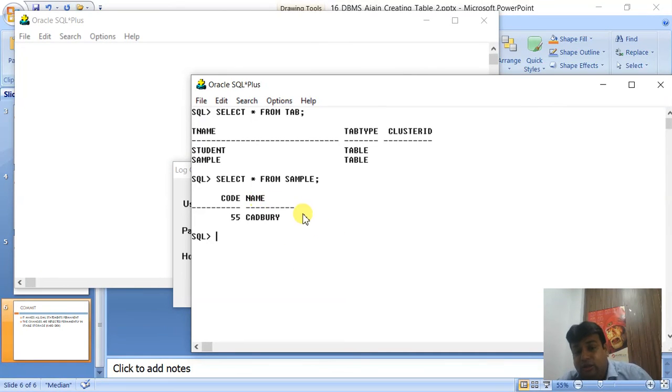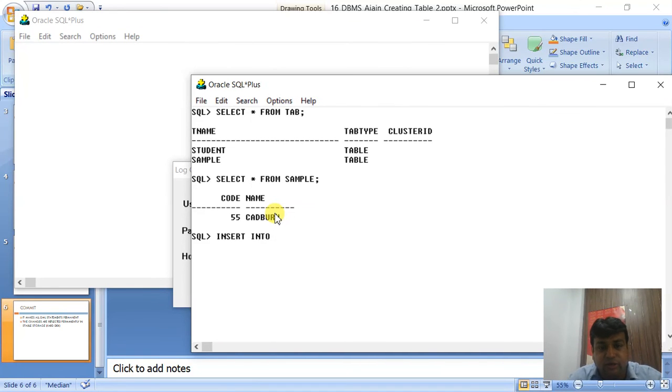But it is not only about insert. Even if you delete, update, modify, all the changes are made permanent once you have committed. And the opposite of commit is rollback. Now let me show you.